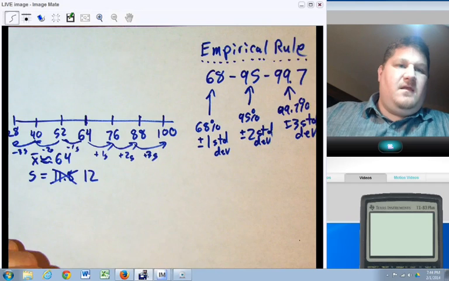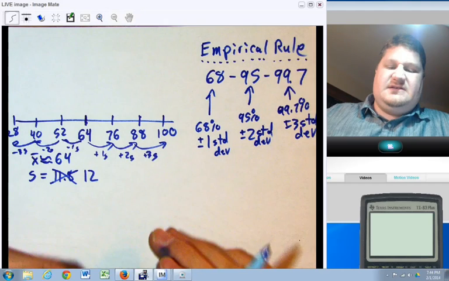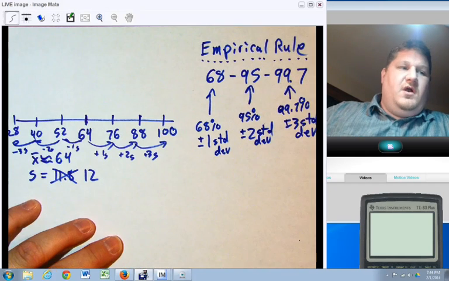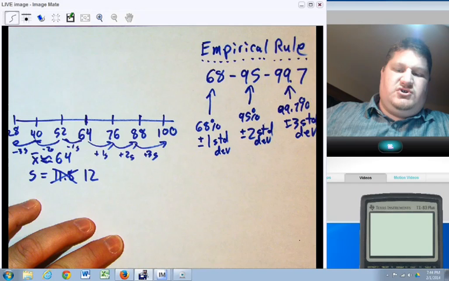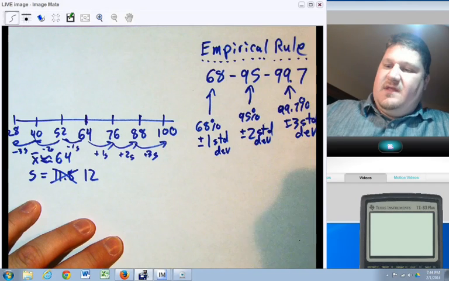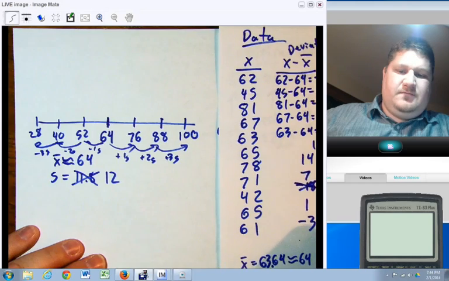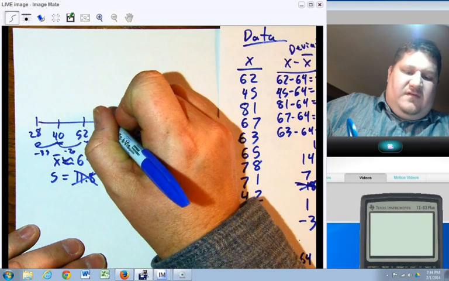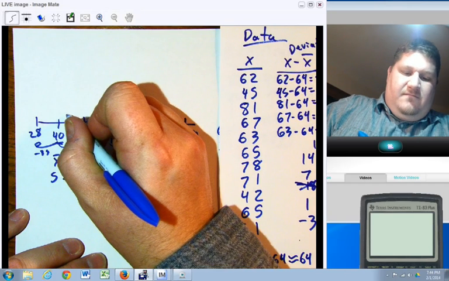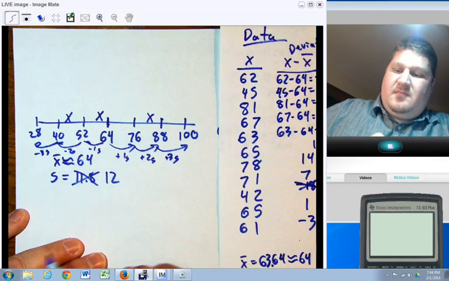Now, this is the question of how usual, how reasonable is our data. And in this case, we're going to put our data right on this chart. We're going to take our data and put them on the number line. Now, if we remember correctly, we start with 62. So I'm going to put an X approximately where 62 would be. Then 45, then 81, 67,